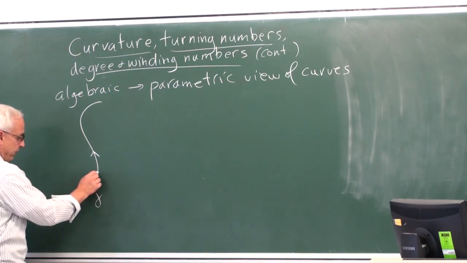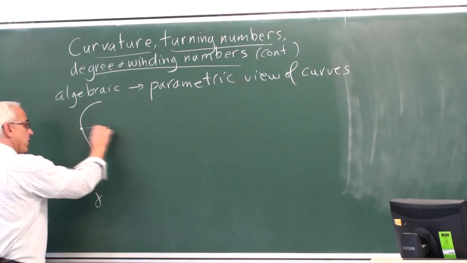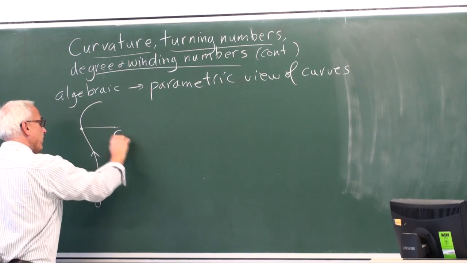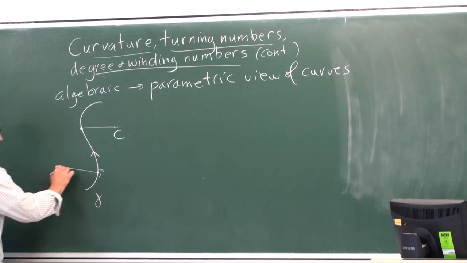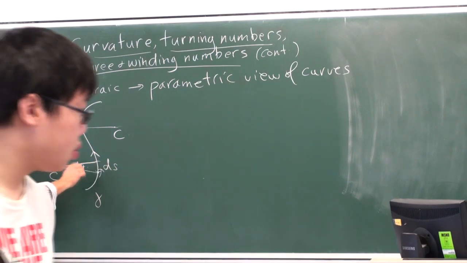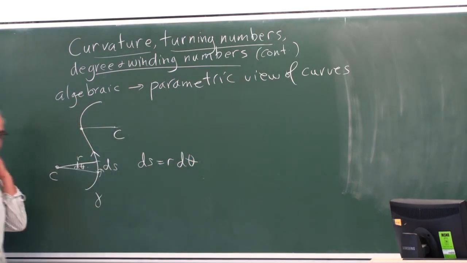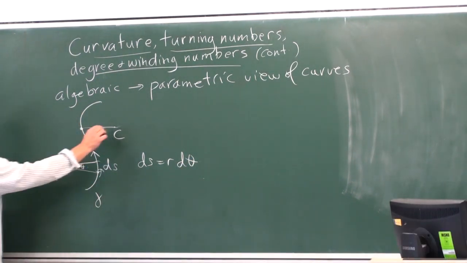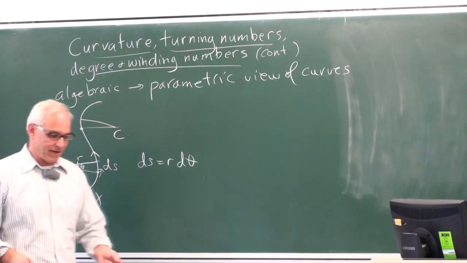So at some point here, if we look at the center of curvature, it might be over here, but at some other point over here we have a center of curvature which might be over on this side. And so here we're moving in this direction. A small change d theta results in a ds, which is r times d theta. And same thing over here, but now the theta that we're really talking about has to be interpreted a little bit differently.